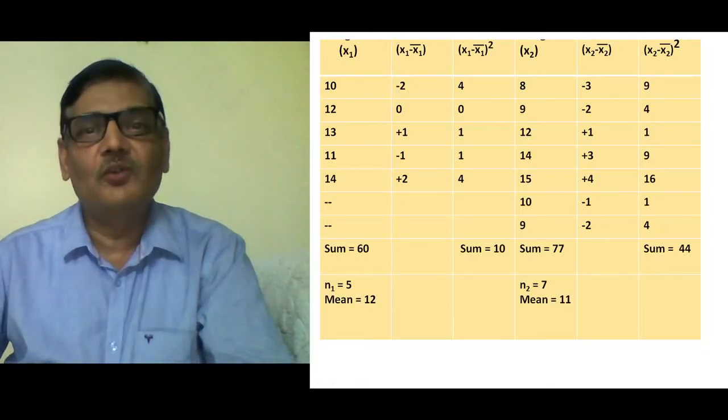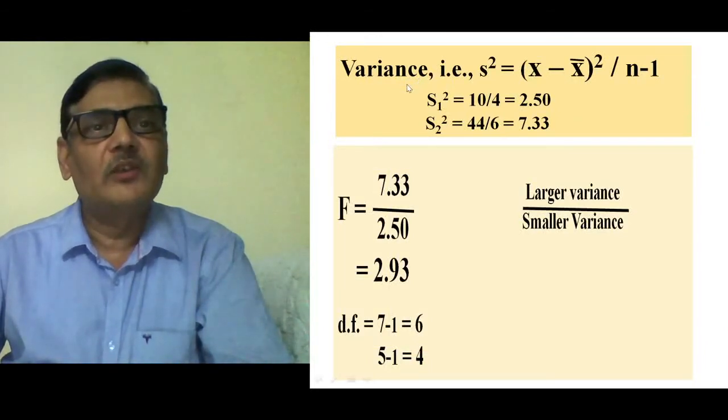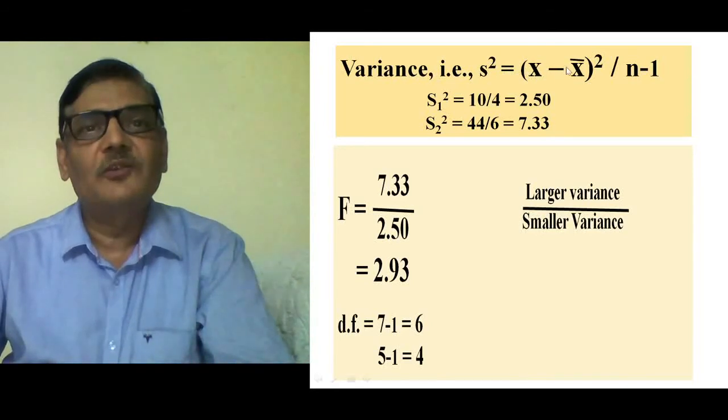So that is equal to (x minus x bar) squared divided by n minus 1. Let us see, here the calculation of variance is shown. This s square is the symbol for variance, and it is equal to the sum of (x minus x bar) squared divided by n minus 1. So for sample 1, the variance will be